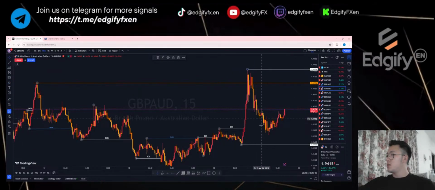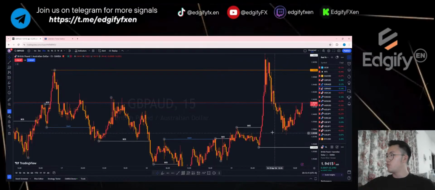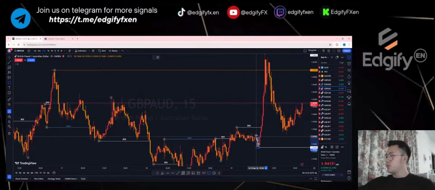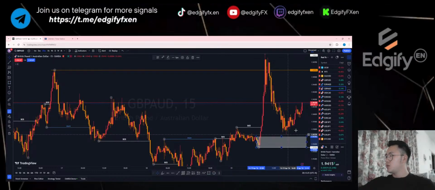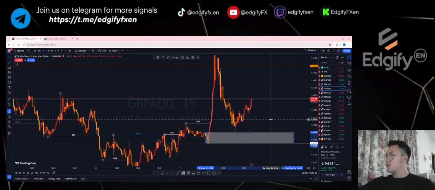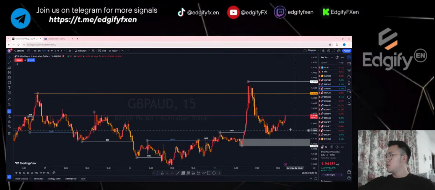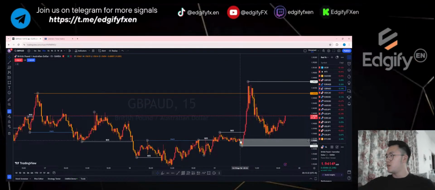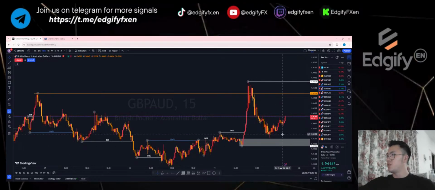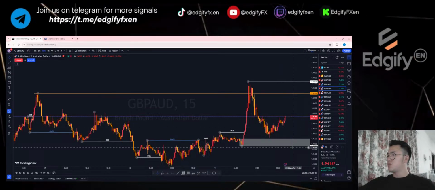So if we look at GBP AUD, we know the price is moving upwards. Of course, you'll be looking at this last block here, or you can use the whole stretch here. It's still not tapped in yet, so we'll still keep an eye on GBP AUD. Basically this whole stretch of bearish candles, I'm using it as my demand zone. It's not tapped in, so we'll have to keep in view for this first, to see if this is going to tap in once more and then continue the pump, or it's going to reverse